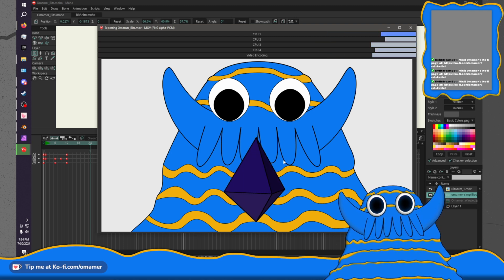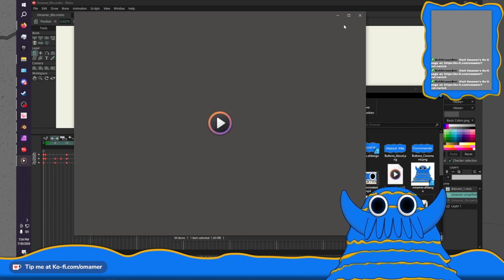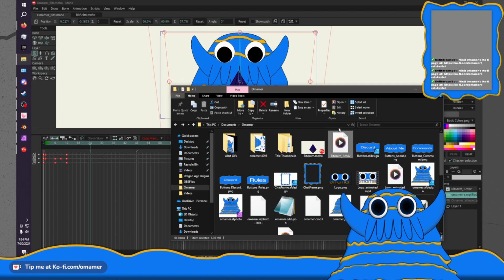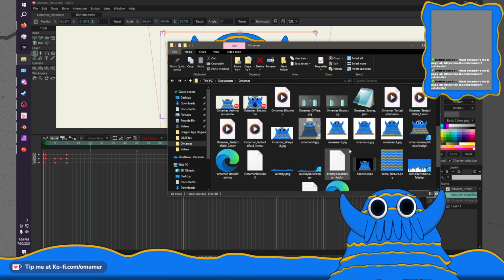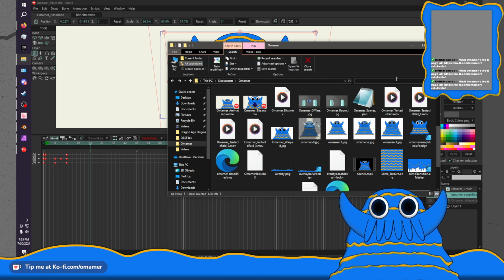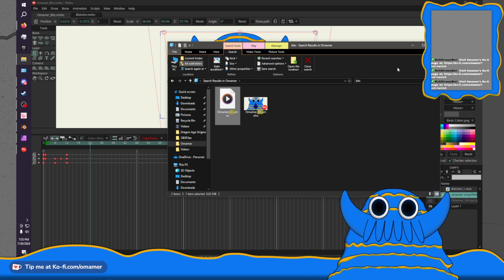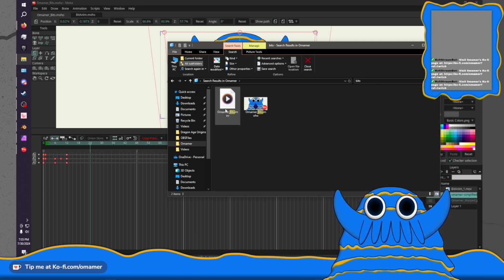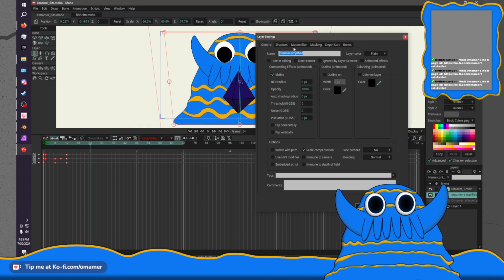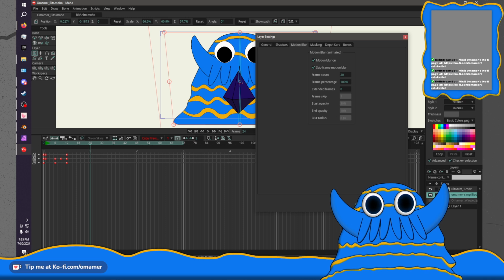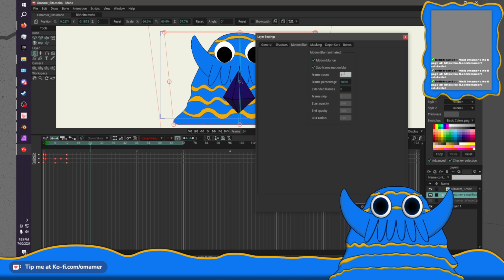I kind of wonder if this would be improved by motion blur. So let's go back to this bone layer and just turn that on and see what we think. I'm going to turn this down to 10 though.